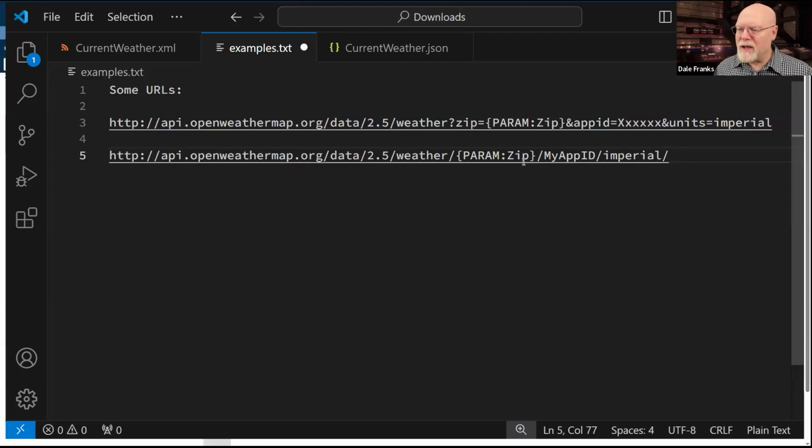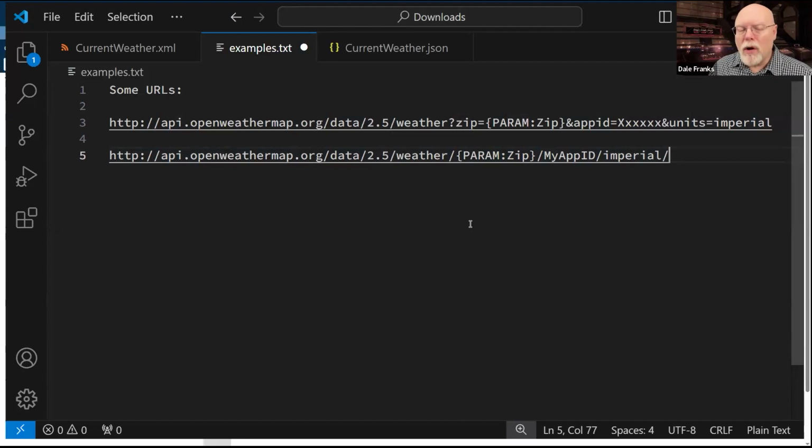Like in this case, the one variable that I have to pass is the zip code in this node of the URL. So I just throw my parameter in there. Like I said, these are the two major ways in which REST services get called. These are the two kind of URL formats that tend to be used.